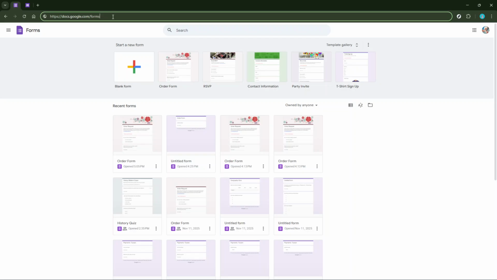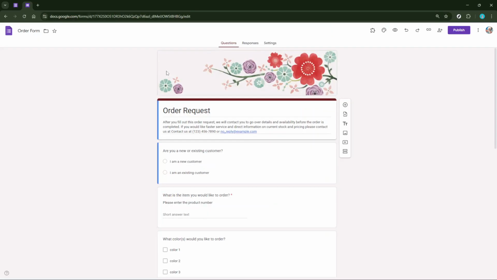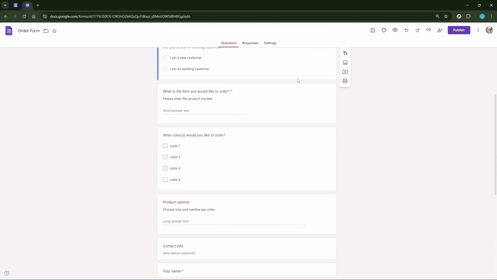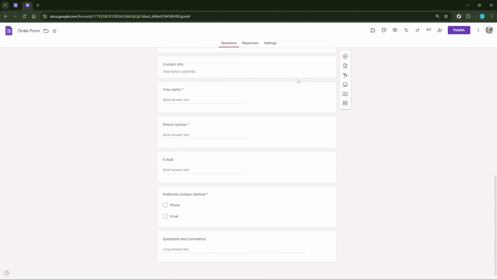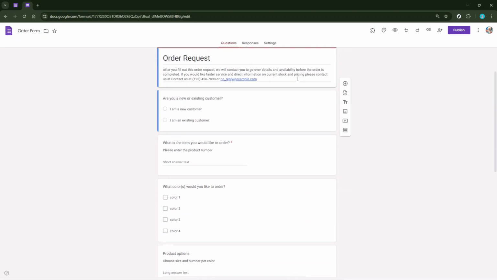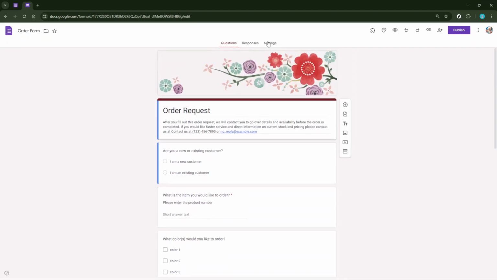First, open your form in Google Forms. You can do this by navigating to your Google Drive or directly through the Google Forms application if you have the link handy. Once you're in, you should see the various questions and sections that you've set up for your respondents. To customize the settings post-submission, look for the Settings button at the top right corner of the page. It's usually represented by a gear icon.